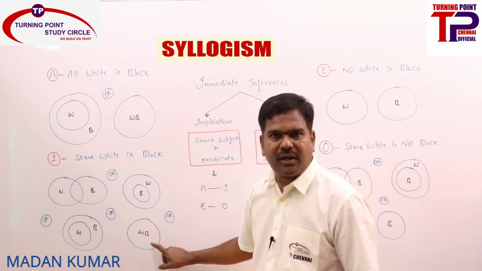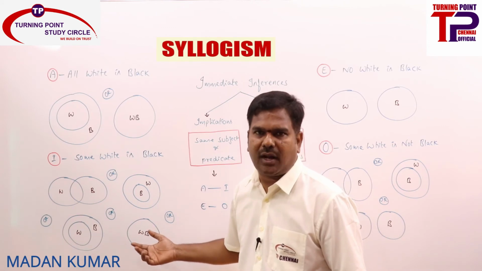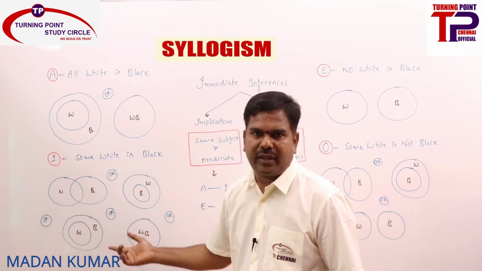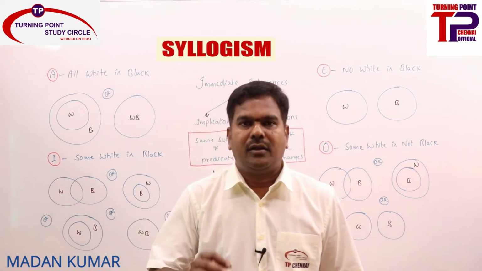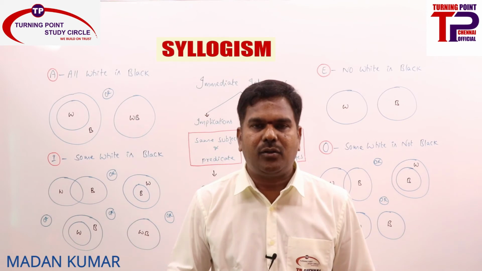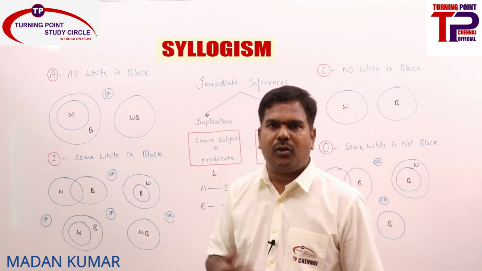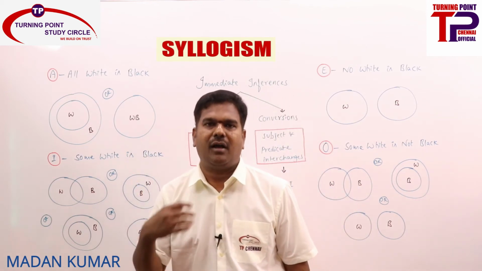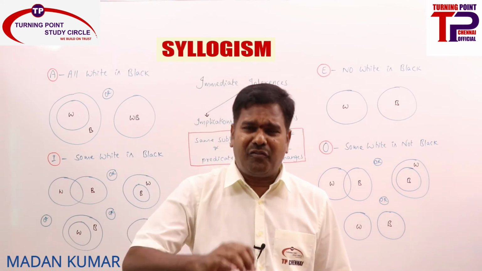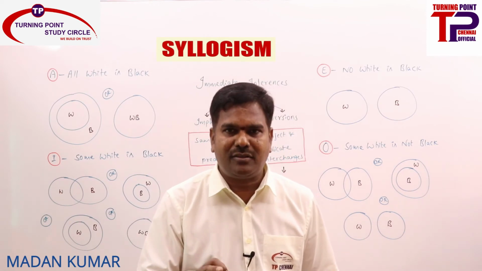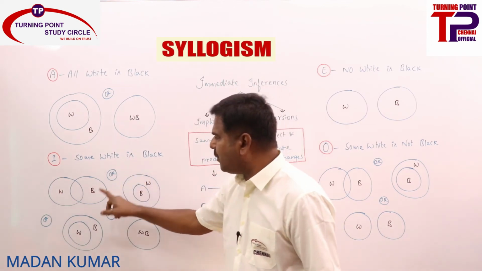Here see that some white is not black. No, all white is black only. All white is black means we cannot say some white is not black. Here also all white is black, we cannot say that some white is not black. Are you getting why I statement cannot be converted into O statement? This is the reason. Because normally in day-to-day life we think that some white is black means some white is not black is also true, or some black is not white is also true. Very typical one, very interesting one, this syllogism. You need to understand the logic properly. So I is not implied by O.